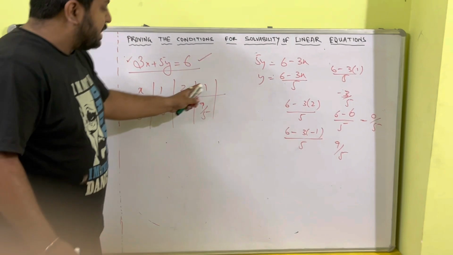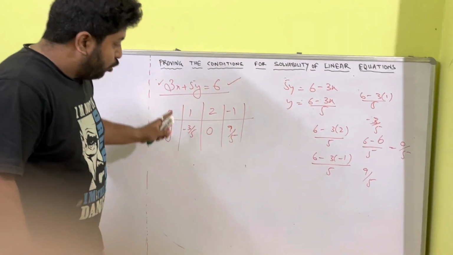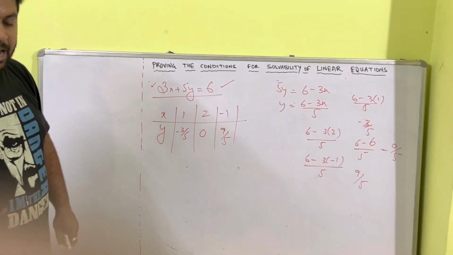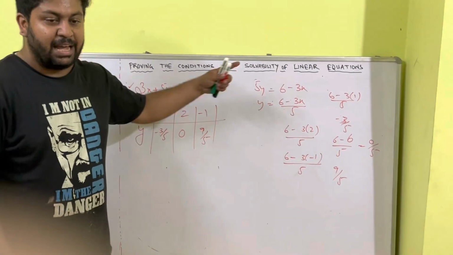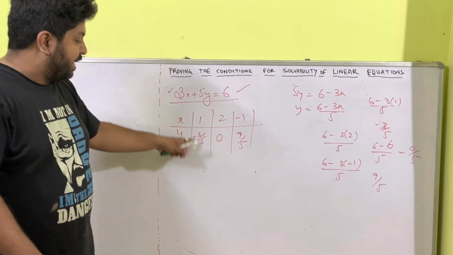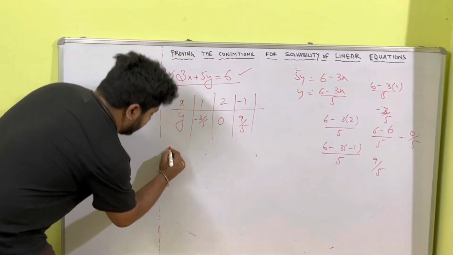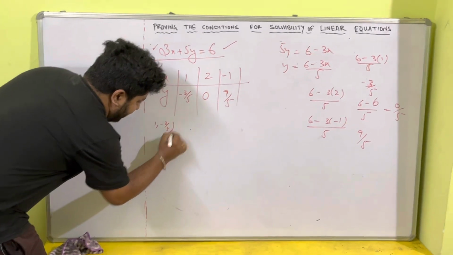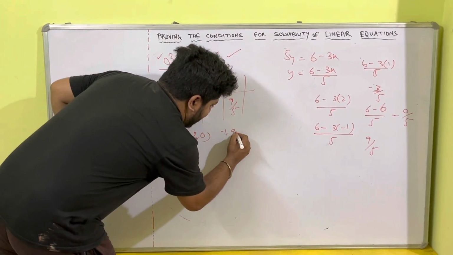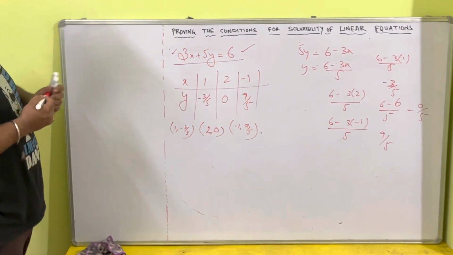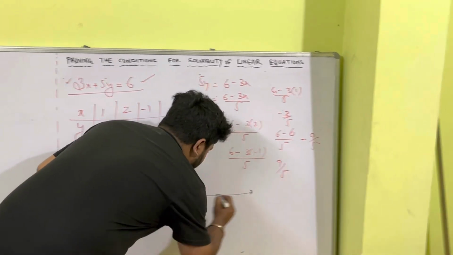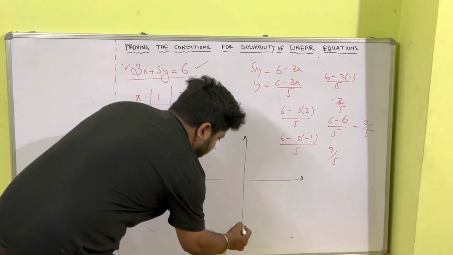Now continuously I will keep on putting x and continuously I will keep on getting y. I'll put x, I'll get a y. So infinite numbers are there. I will get infinite. These are actually coordinates: 1 comma 3 by 5, 2 comma 0, minus 1 comma 9 by 5. These are actually coordinates. If you can plot this, generally when we do sums in lower classes,